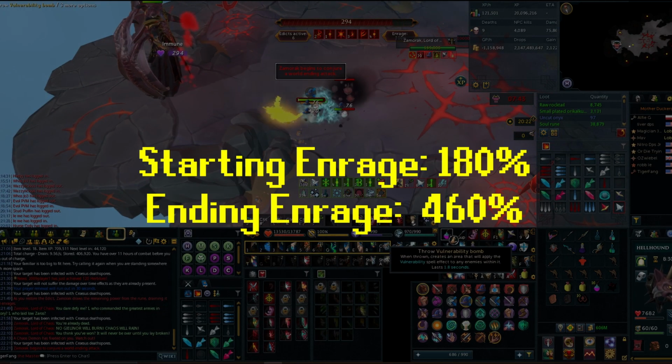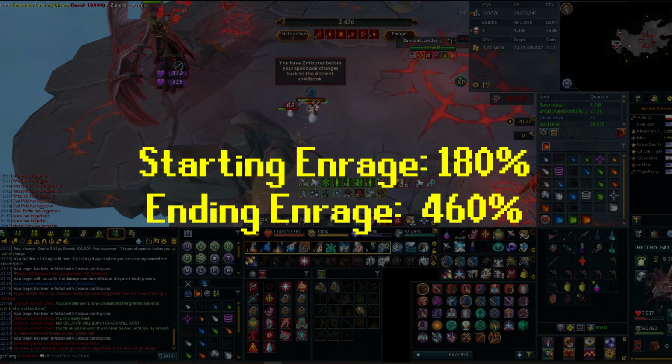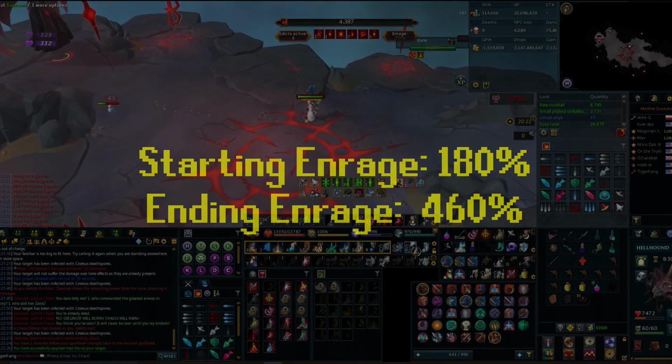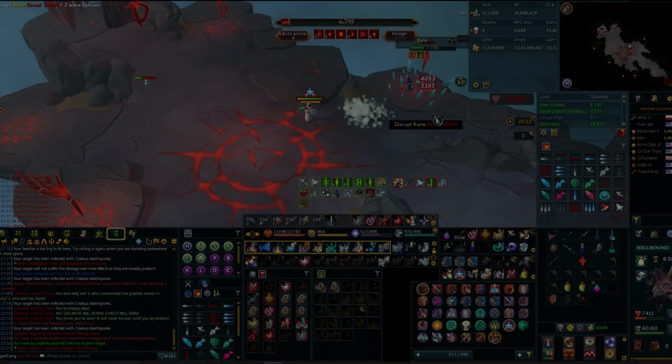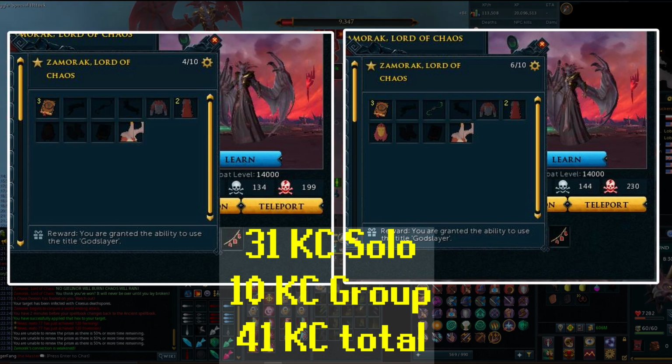Starting off, I was at 180% for my max solo Enrage. I ended at 460%, which is just a little shy of that 500 kill, which comes with the title. You can see my kills and log at the start and at the end of the 10 hours. I got 31 solo kills and also did 10 kills in duo and trio, for a grand total of 41